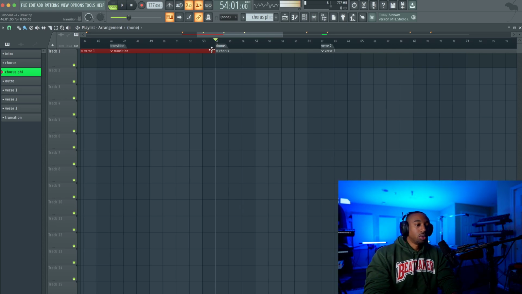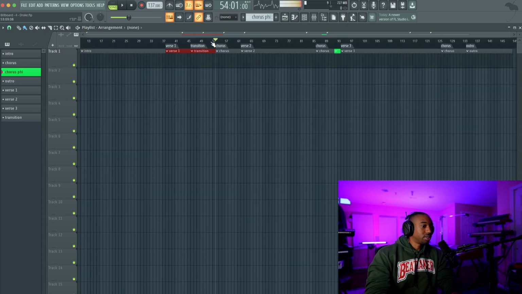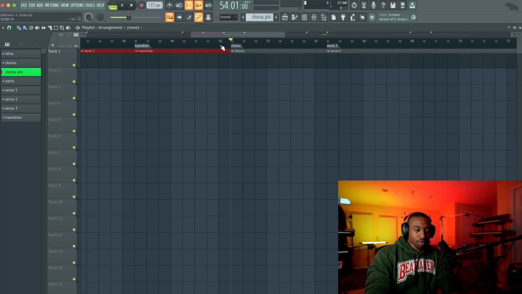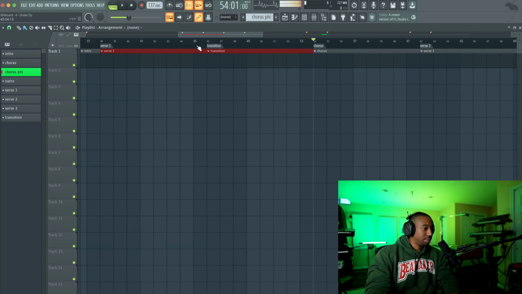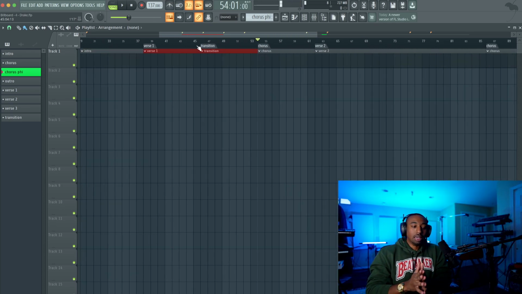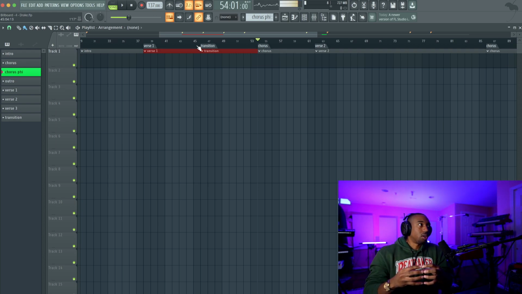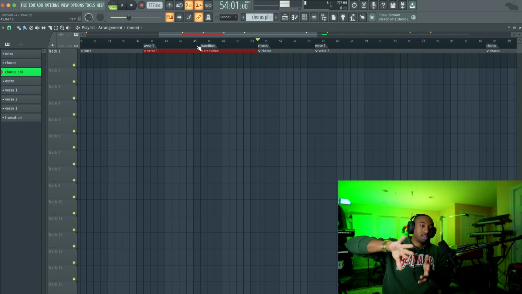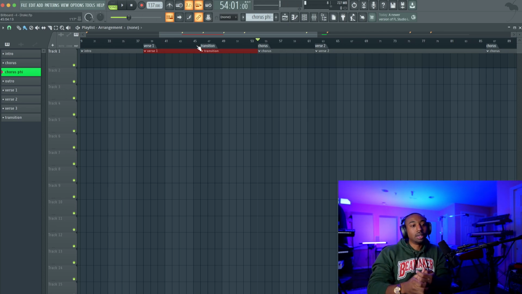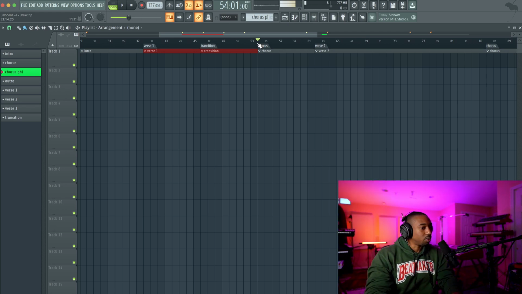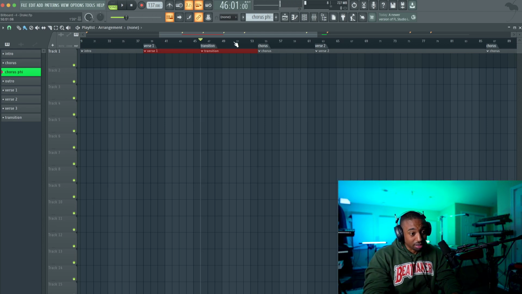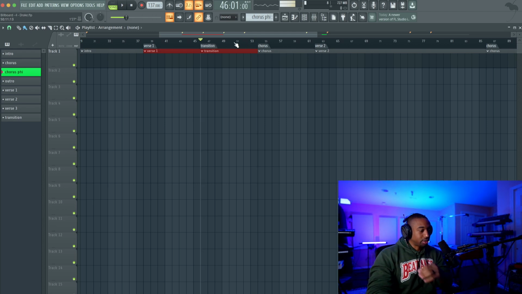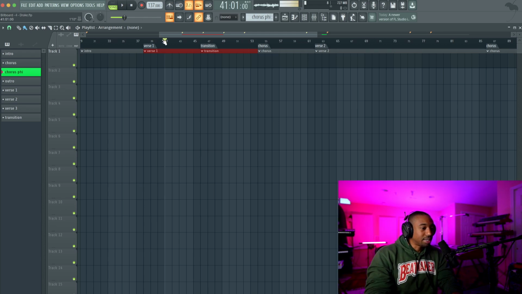Then we move into the chorus. Usually this chorus comes in 1 minute in, so somebody's listening through the entire track. Now you have to remember streaming: if you stream a song for 30 seconds, you get paid. So a lot of these people are pushing off their hooks to get people to listen longer to see if they get to that hook. In this case, I think that's what was happening here. So the hook is at 54 seconds. That's a long time in. But again, this is Drake, so you can't say this works for everybody.